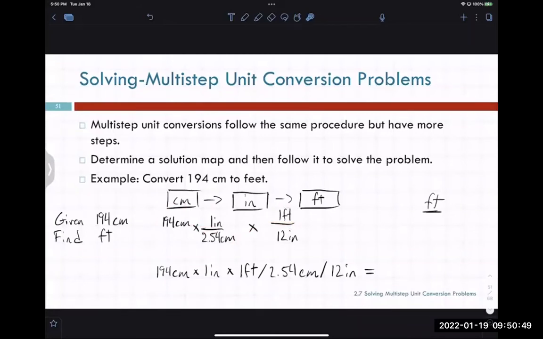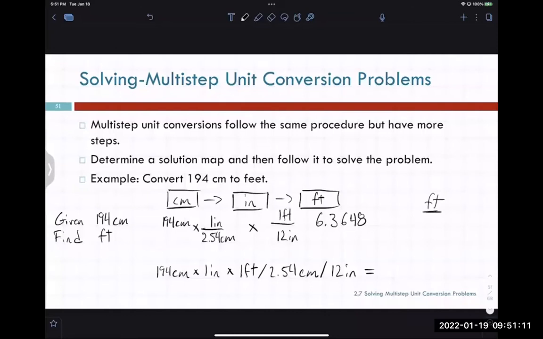And we won't even bother talking about parentheses. So 194 divided by 2.54 divided by 12. This will be 6.36. Just make sure if you're doing the method where you write out the top and the bottom separately, that